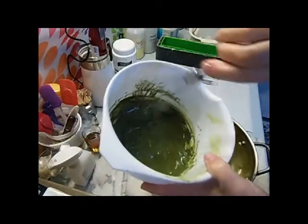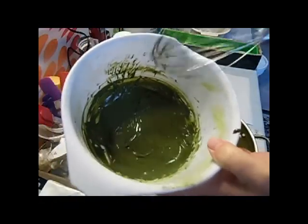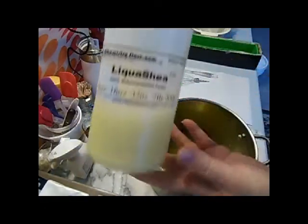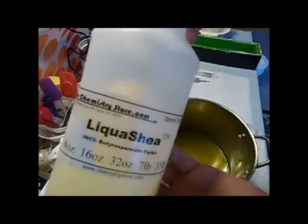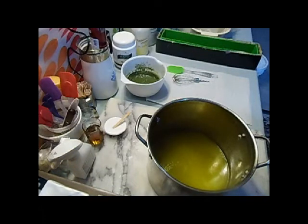I have the Moringa in here, the French green clay, and I use a liquid shea. So by using the Moringa and the clay, this really is a powerful kind of soap. But the clay for the men, when they're using this bar soap, they can make a lather on their face,